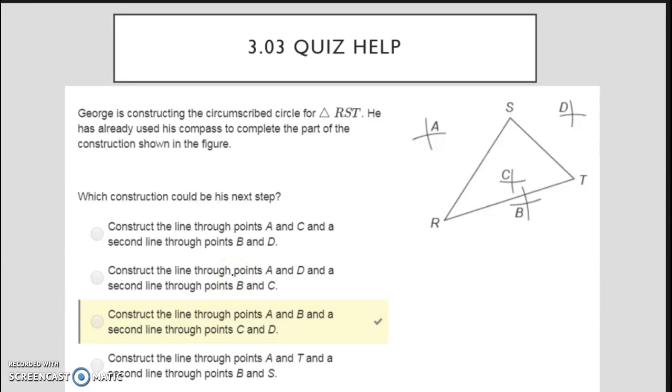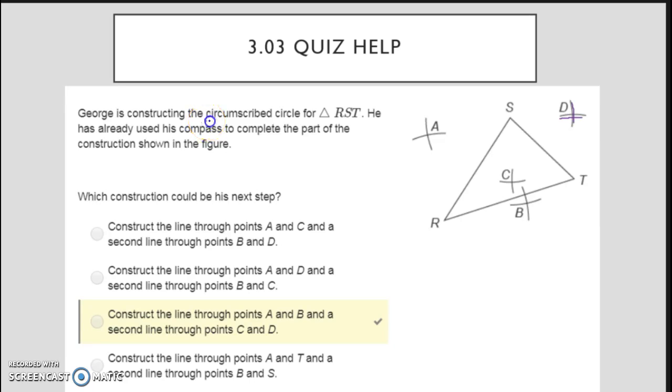So for the 3.03 quiz, it's going to be all focused on constructions. Here's an example of what you'll see. It says George is constructing the circumscribed circle for triangle RST. He's already used his compass to complete the part of the construction shown in the figure. So what you can see here is that he's already made the little arcs to help to create perpendicular bisectors